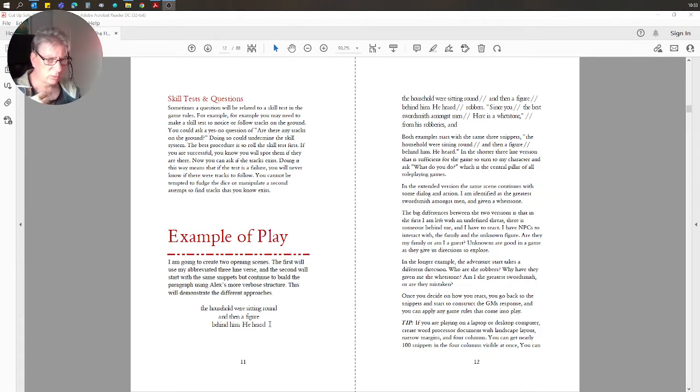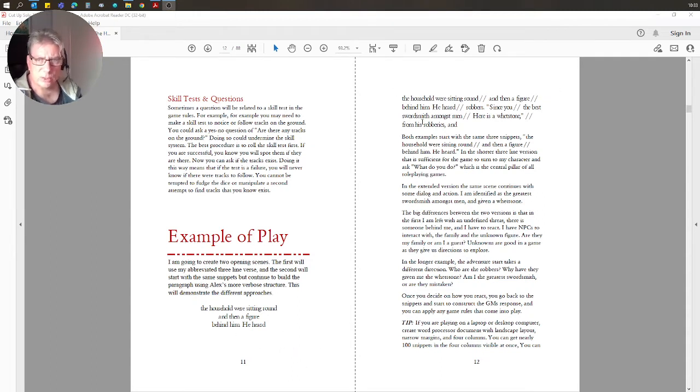I can describe what my character's actions and reaction would be, and then as soon as I've done that, I can go back to the snippets. If there were any game rules that came into play, perception rolls or insight or anything like that, I could roll those before going into the snippets and use the game rules to inform the game. But there's the literal version, where you pick out far more snippets.